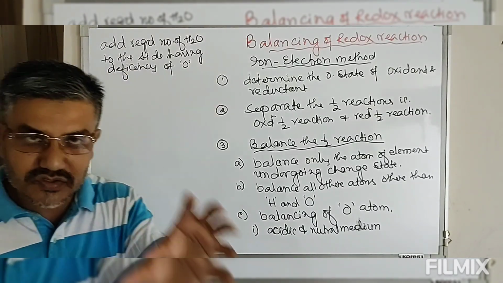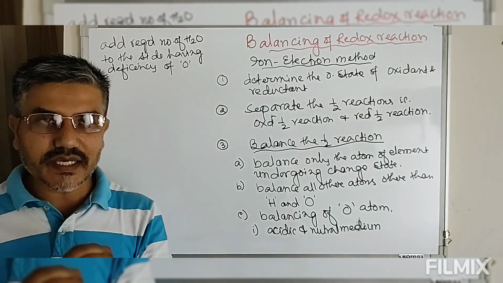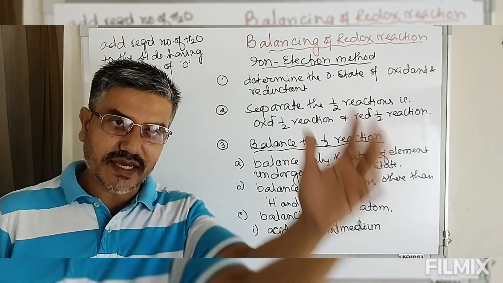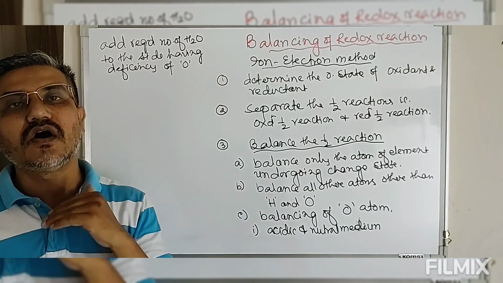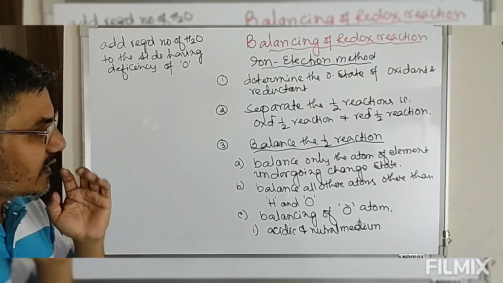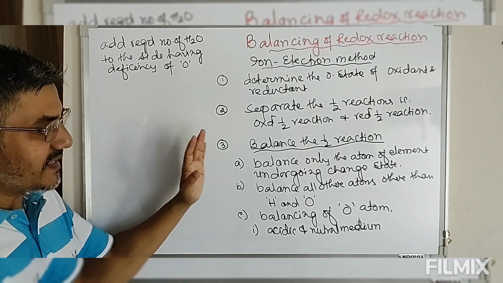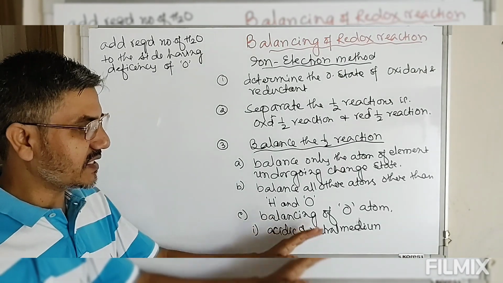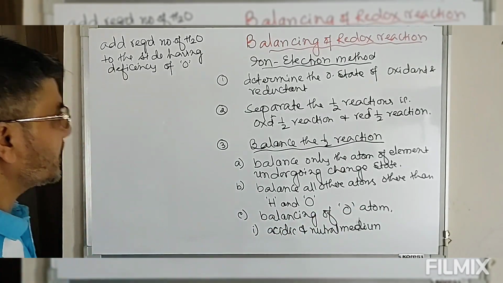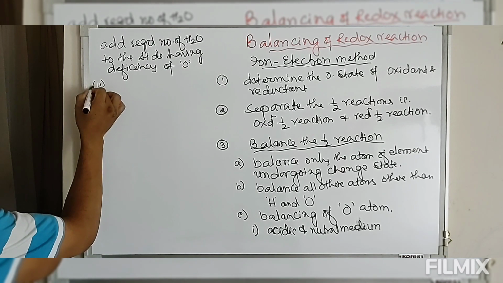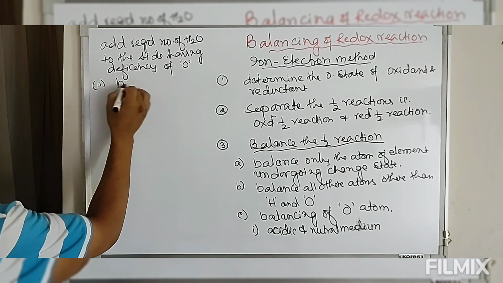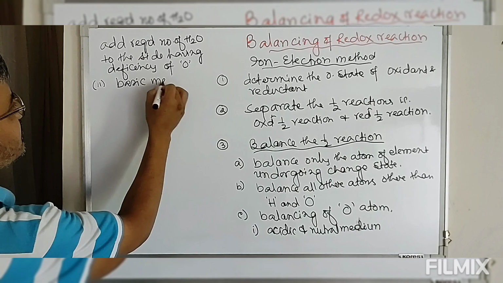So if there is a deficiency of 5 oxygen, simply add 5 water molecules to the side having fewer oxygen atoms. This is the rule for balancing of oxygen if the reaction is in acidic or neutral medium. But if the reaction is in basic medium,